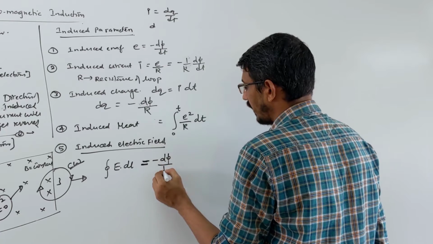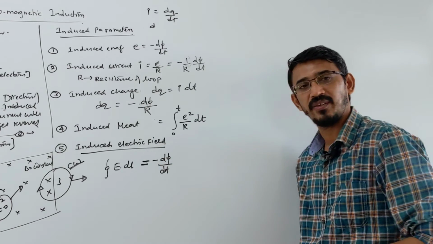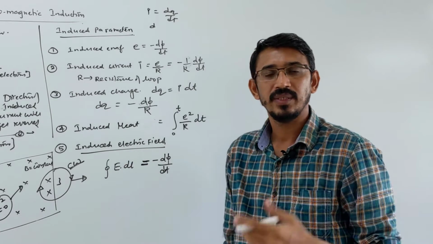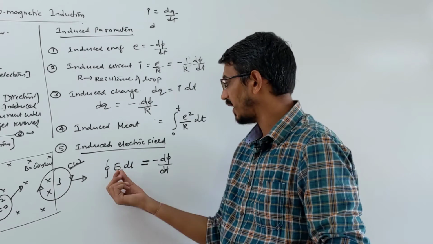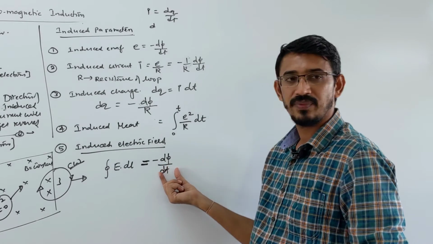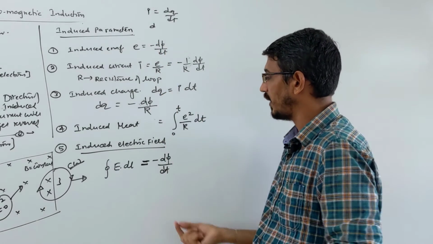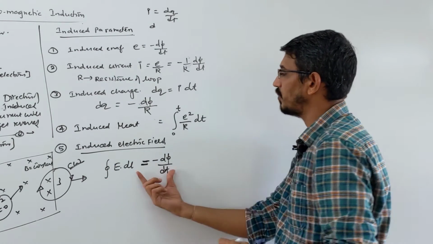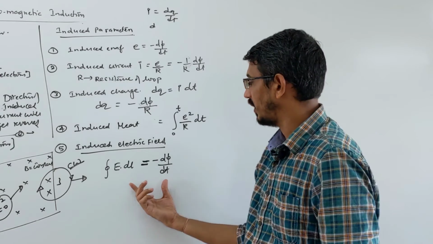Minus d phi by dt, rate of change of what? Magnetic flux. Because what is electric field into length? Potential. Yes, electric field into length is called potential. So potential also, that one only, EMF, right? EMF induced is d phi by dt. So this is also called Faraday's law. Keep in mind, not much important for NEET people, but it was asked in ends.